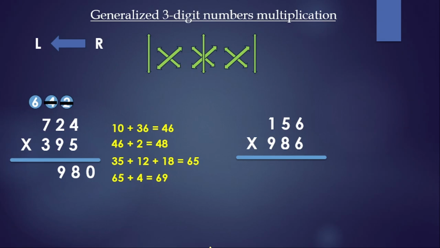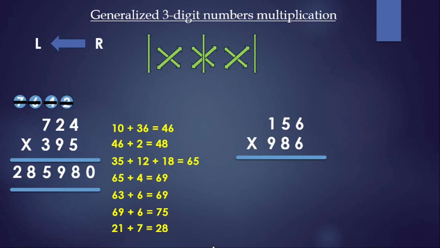Again, it's an x, but this time the x is between the hundreds and the tens digit. 7 times 9 is 63, to which we add 2 times 3, which is 6, 69. To this 69 we add the 6, 75, 5 goes in the answer, 7 carried again. And in the last, it is the product of the hundreds place digits. 7 3s are 21, to which we add the carried 7, which is 28. This is your final answer,